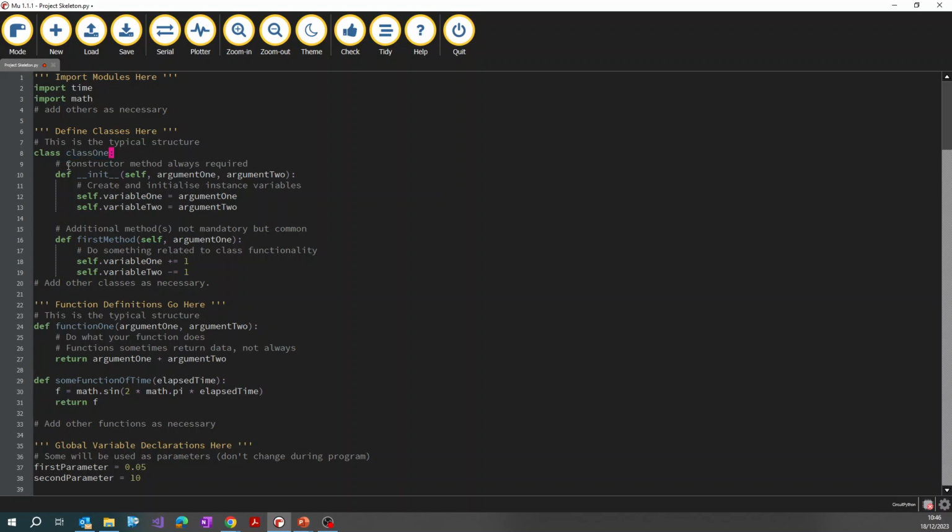Then the colon. Then a class always needs to have a constructor method, which is called whenever you create an instance of the class. Again, explained in the other video. So here's my constructor method. Here's the standard syntax for saying this is the constructor method. In this case, I'm just showing you that you can have any number of input arguments. In this case, just for illustrative purposes, I've got 2. So argument 1 and argument 2. And then inside that initializer method,